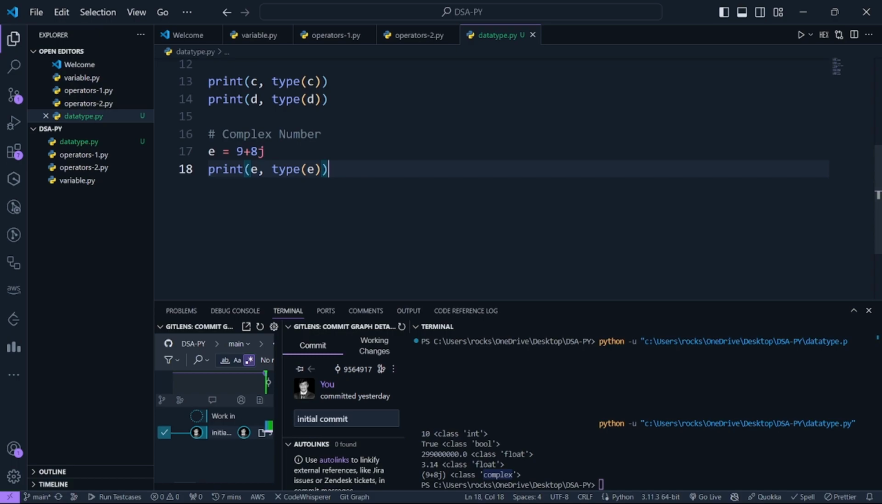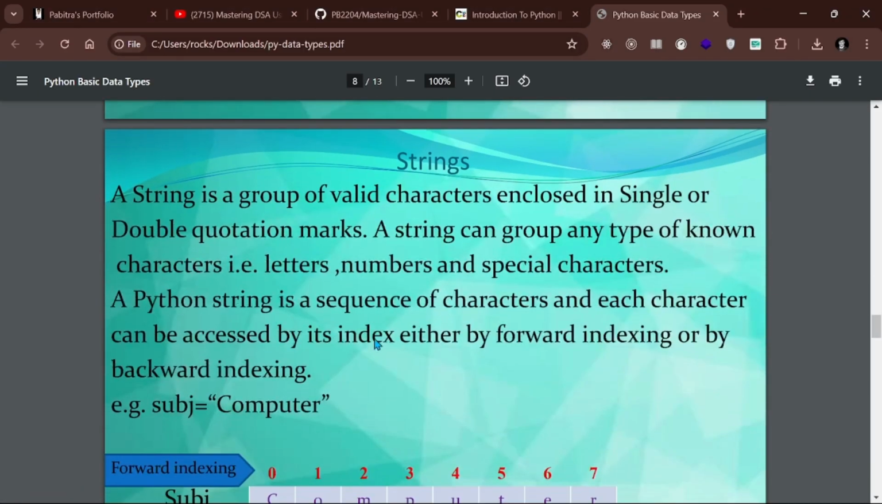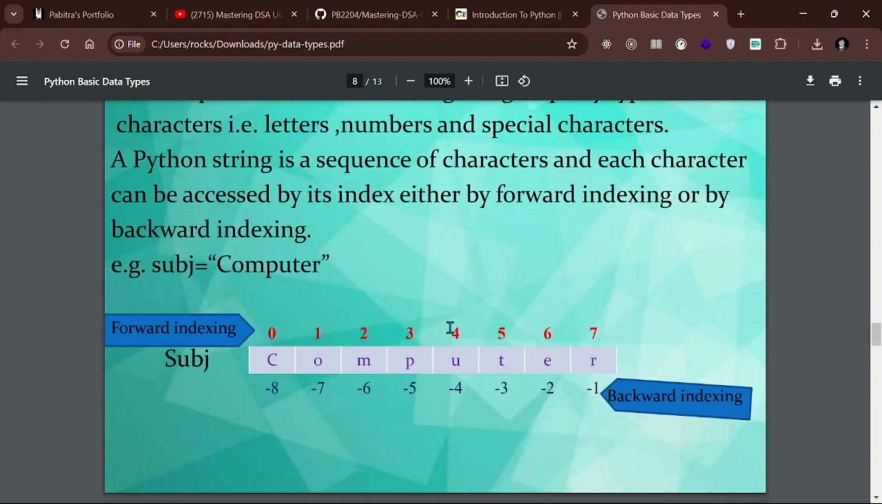Okay, now let's move to our next topic, which is strings. A string is a group of valid characters enclosed in single or double quotation marks. A string can group any type of known characters, its letters, numbers, and special characters as well. A Python string is a sequence of characters and each character can be accessed by its index, either by forward indexing or backward indexing. For example, I have created this